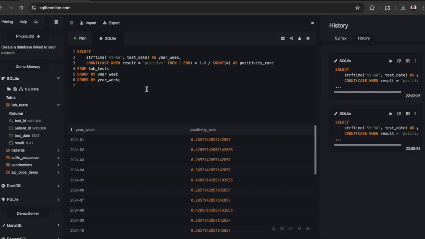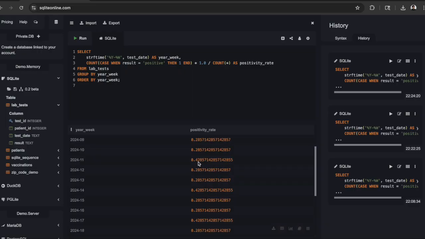SQLiteonline.com to run this. We're going to use the strftime function with a capital Y for a 4-digit year and a capital W for the week number. We store that as year underscore week. Then we count the number of positive cases and divide by the total number of tests. Then we group by week and order, and we find an ascending list for the positivity rate for each